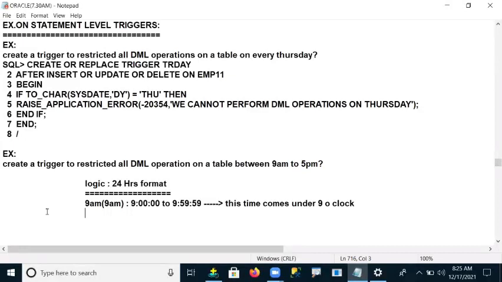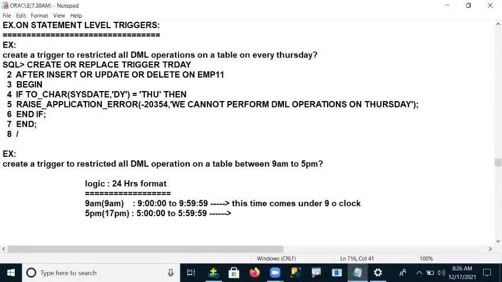For example, 5 p.m. in 24 hours is 17. But observe this logic, guys. If I take 17 in my logic, it means your 5 o'clock hour runs from 5:00 to 5:59.